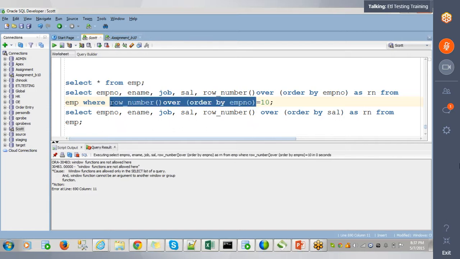I cannot even replace this with Rn. Why? Once order by is there, there is nothing that you can put in after that. But I cannot even go with Rn. Why? What is Rn? Rn is the aliasing. I cannot use aliasing columns within the where clause to filter out the data. Where is the aliasing done? Aliasing is again done at the end. So I cannot use the aliasing